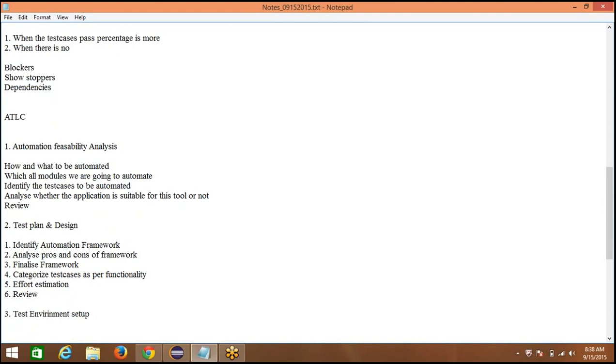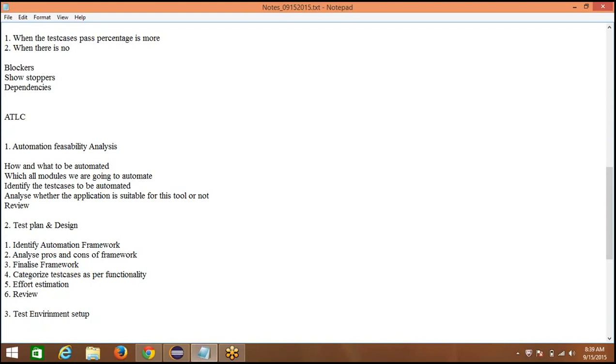Since in the first session we had requirements, like since we want to automate with Selenium, what are the hardware requirements? You should have a laptop with a 500 GB hard disk and an i5 processor minimum. And in the same way, when a product comes to the company, we want to have machines, and we want to download the same software in order to automate the application with Selenium. That is called test environment setup, based on the architecture of our application.